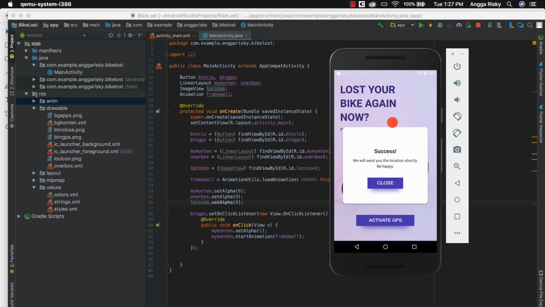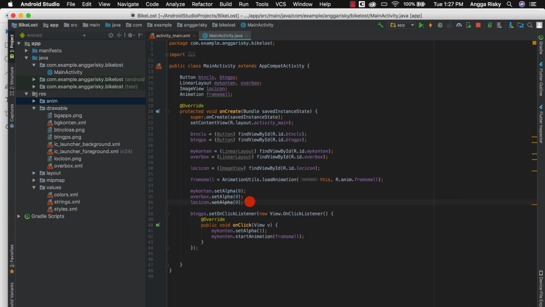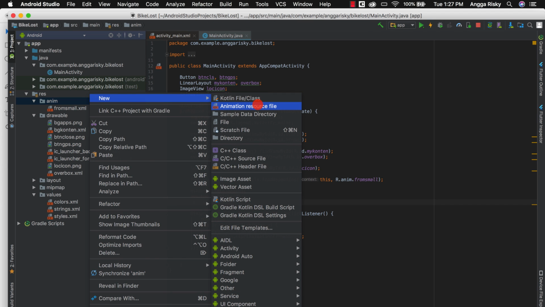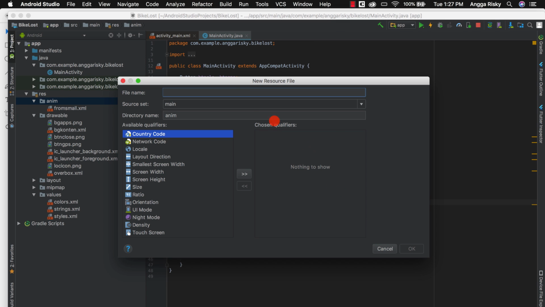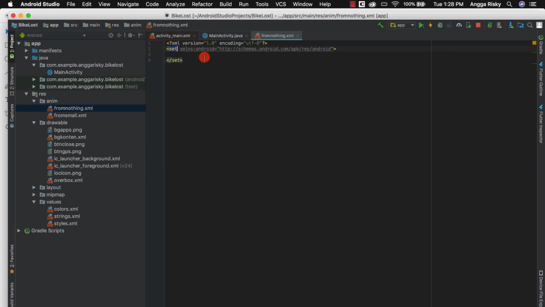So we need to make the icon first actually over here. So yeah, I think I have to set another animation. Basically this animation is for alpha, so this is from nothing, and this is supposed to be alpha only from alpha 0.0 to alpha 1.0, or you just leave it 1, and set the duration for 800.